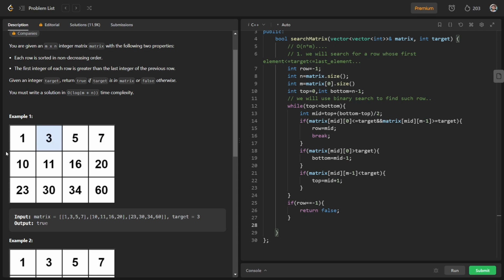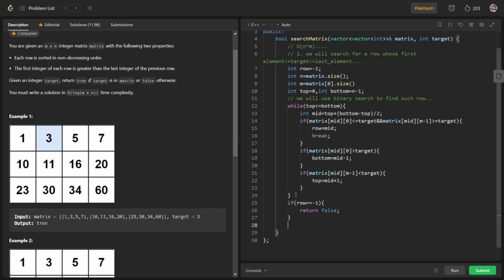So you can see that in this matrix we first found our row. The 0th row will be the row in which 3 is greater than or equal to the first element, and 3 is less than or equal to the last element. So in this row we have to find out whether the number 3 exists or not.